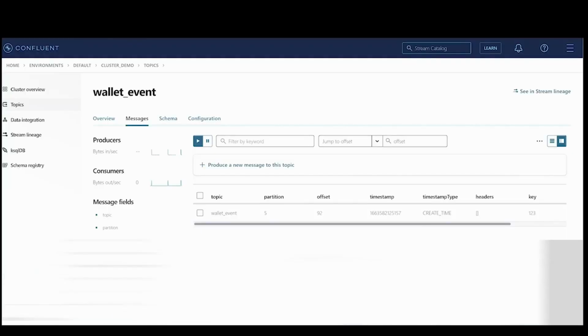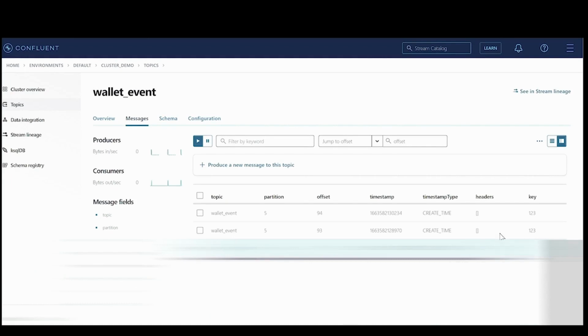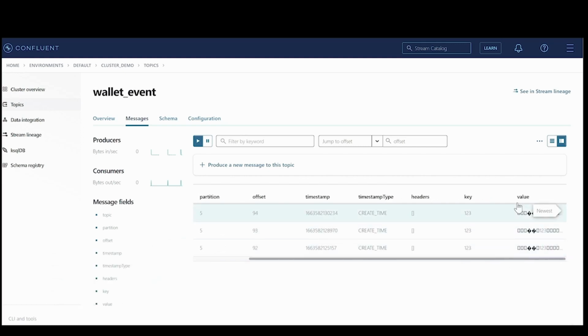Now let's go to the wallet event topic. As you can see, the Kafka topic called wallet event is populated with the events produced by the producer Java code, and the header data is empty currently, and the value column has Avro generic format data.